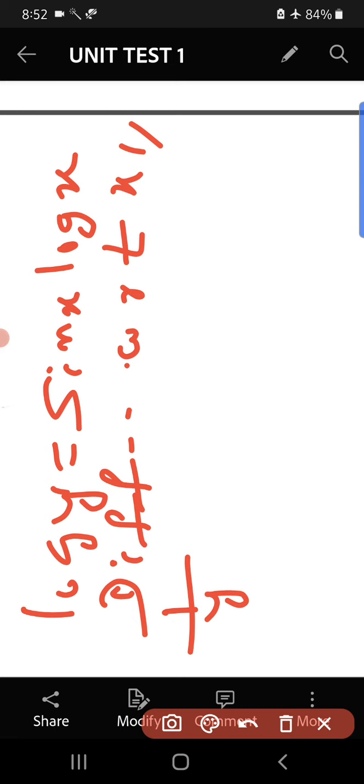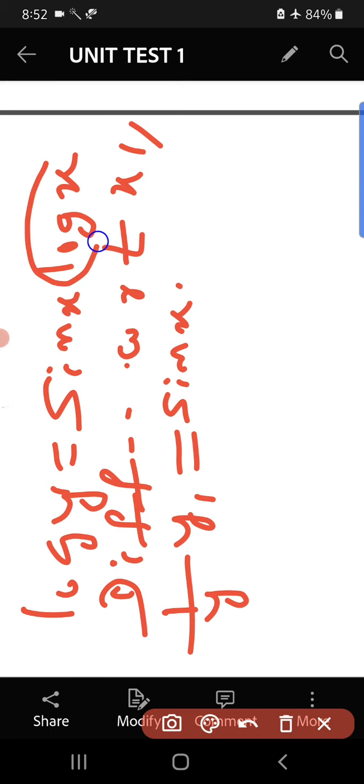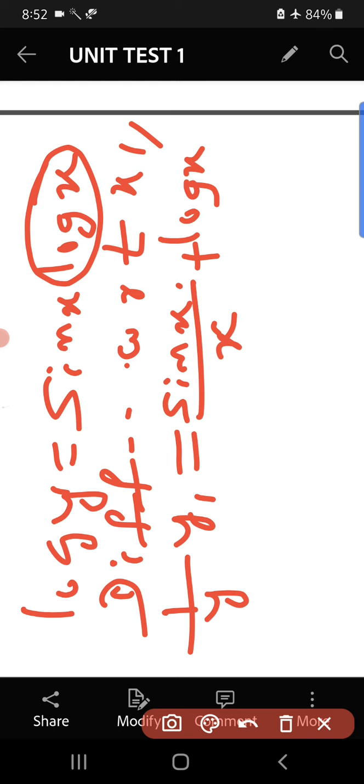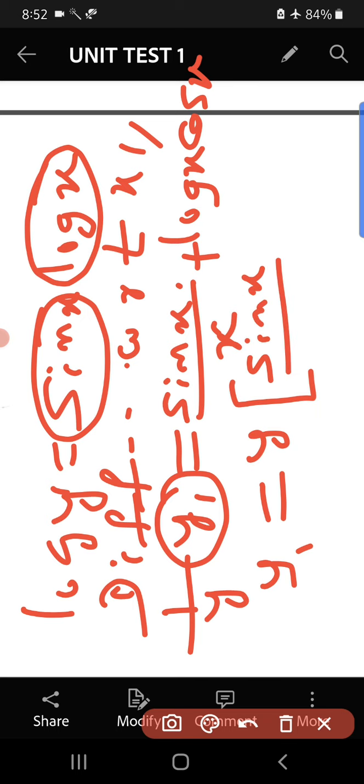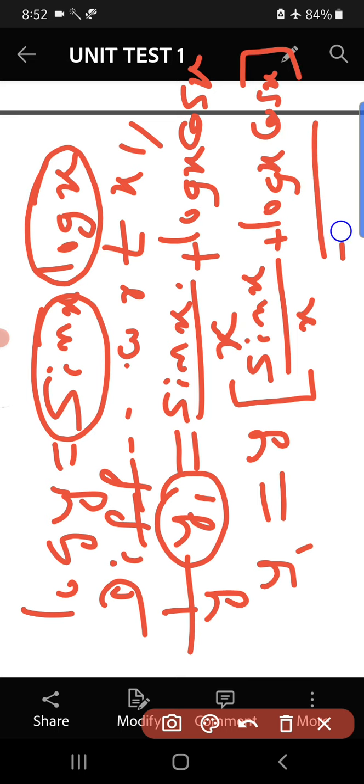See, derivative of log y we know 1 by y into dy by dx, that is y1. On the right hand side I should apply product rule. First function into derivative of second function. Second function is log x, derivative of log x is 1 by x. So write that x in the denominator, plus second function is log x and the derivative of sin x is what? Cos x. So I want this y1 is equal to, so bring y to the right hand side, write all the terms as it is, sin x by x plus log x into cos x. So this should be the answer for 12th question.